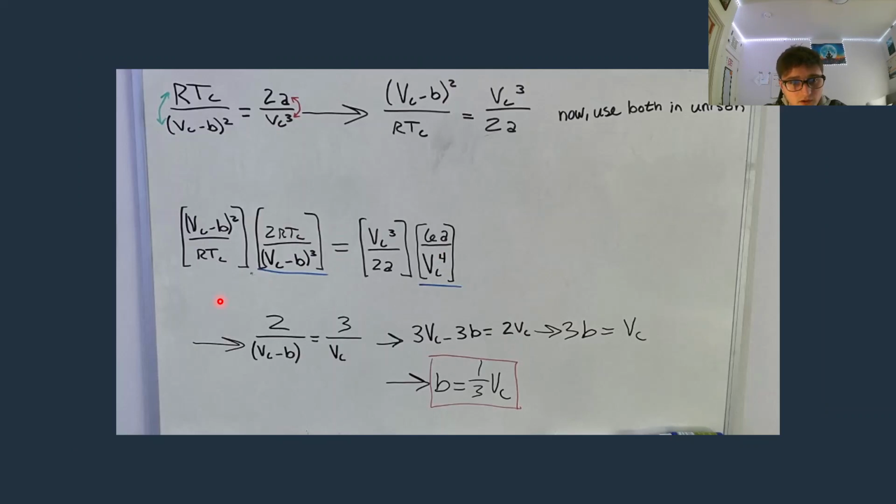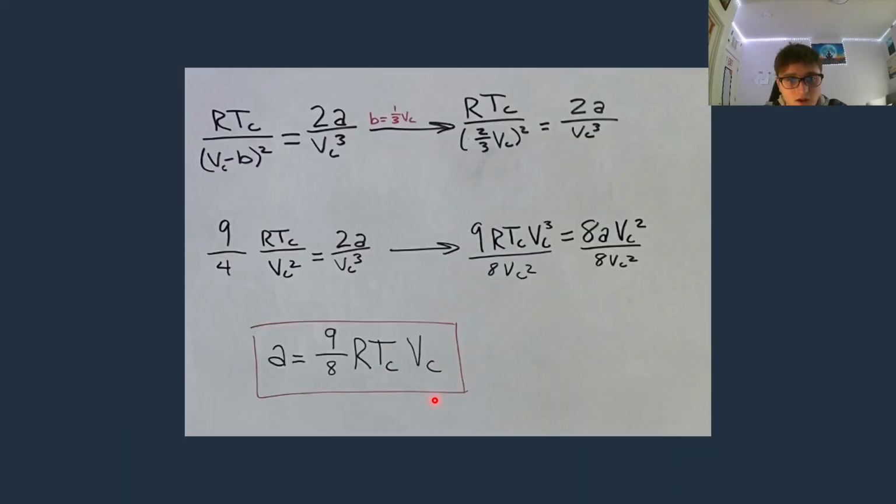Now what I'm going to do is I'm going to flip these. I'm going to follow your steps, Carlos, pretty much just so that it's a lot easier and there's not as many steps. So by flipping it, this is what we get. Now we're going to use both in unison. So just multiplying these together, we'll be able to cancel out, and we end up with this right here. So when you divide out the a's, they disappear. So this is, again, more algebra, boring stuff, and then we end up at b equals 1/3 of the critical